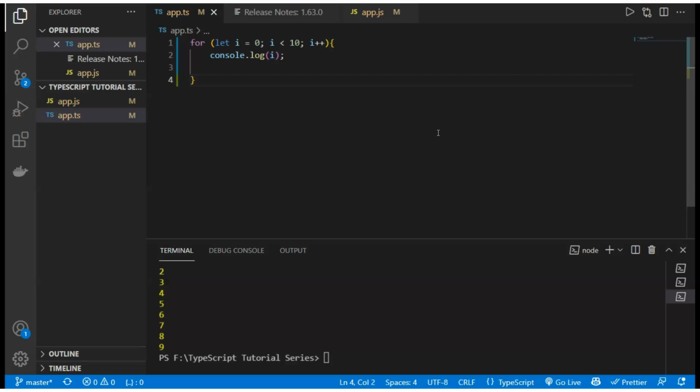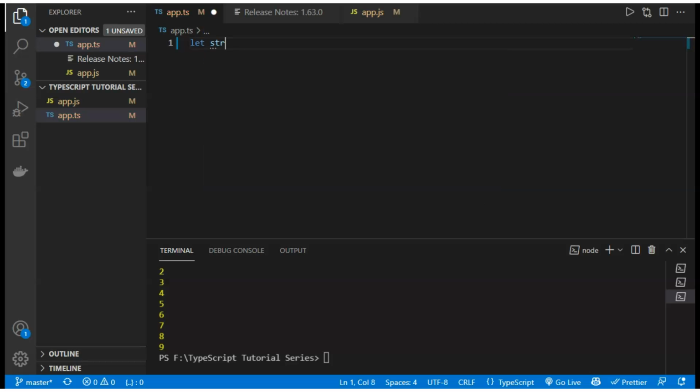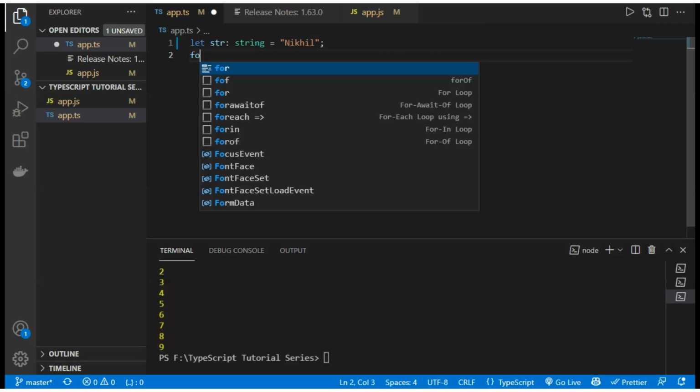And it is used to iterate over all of the elements within the array or a string. Like if I now remove this loop and declare a string, let string, and the type will be string, and it will be equal to Nikhil. And if I now just save, and then write here the for of loop,